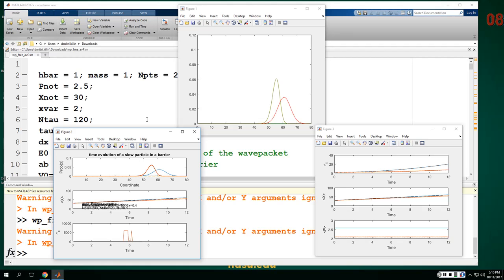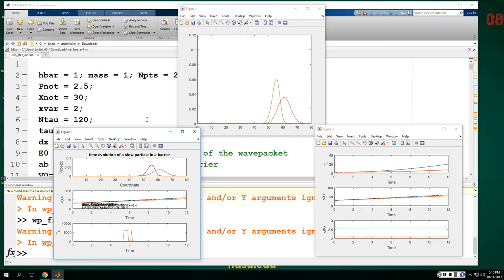So this is free space. The Hamiltonian has only kinetic energy, no potential, one-dimensional. And we are looking for this Gaussian-shaped particle, and we see how it moves in time. When we worked in